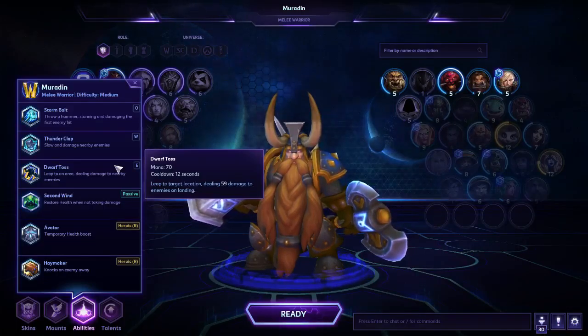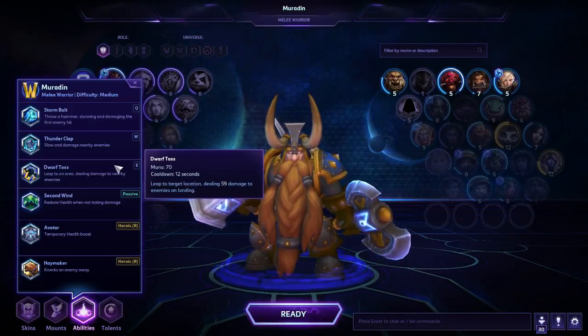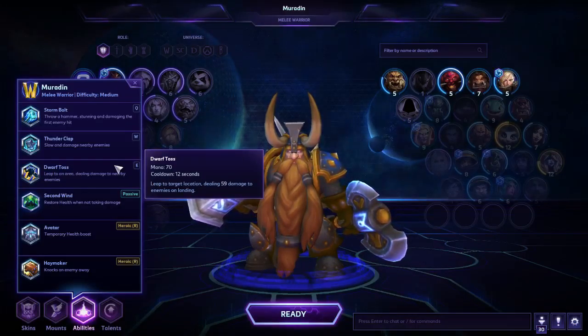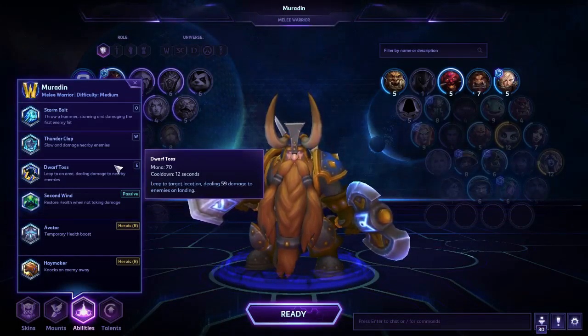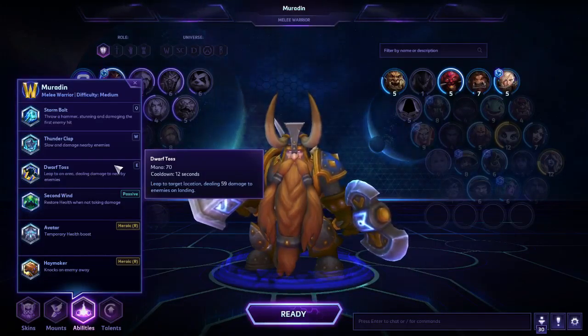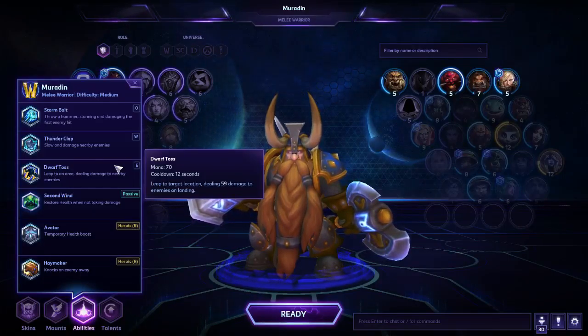Anyway, moving on. Dwarf Toss, your E ability. Leap to a target location, dealing 59 damage to enemies upon landing. More or less, it'll just leap you through the air, whether you want to use it as an escape or to engage. I personally use it as an escape a lot of the time, because what you can do is